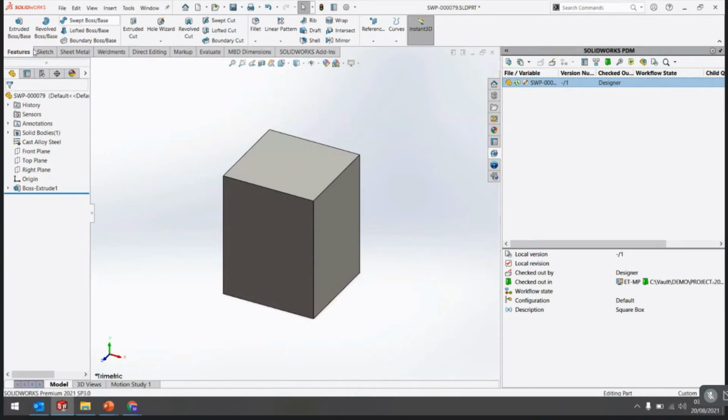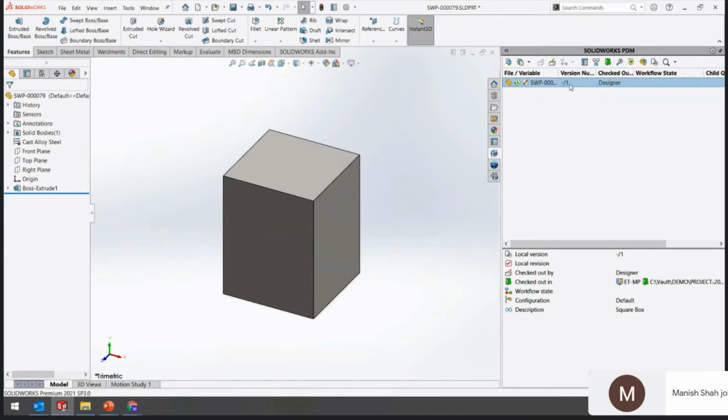In this SolidWorks, you can also get the PDM add-in, right? So you can directly perform all your activities from the interface, like check in, check out, right? Get version, right? So this is the first version of that file.